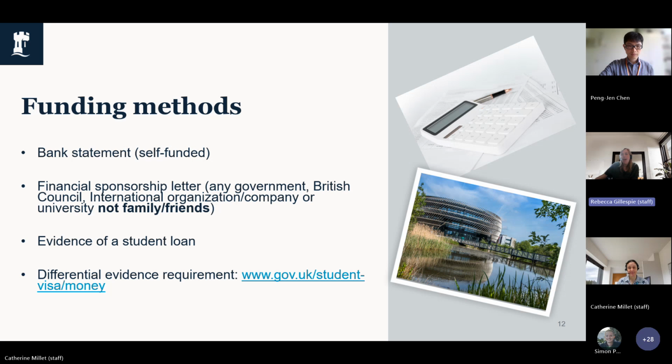We're looking at different evidence. So this is referring to students who are from a country listed under different environments. If you are included on the list, you do not require financial evidence with your application. Please check the gov.uk webpage, which is linked here on this slide, to check if your nationality is in